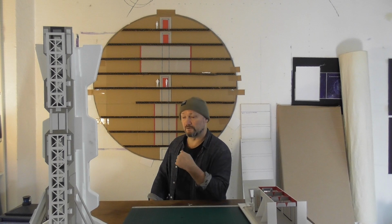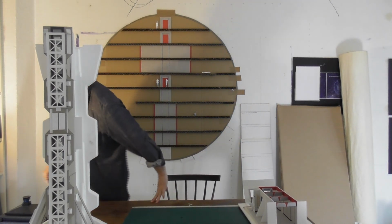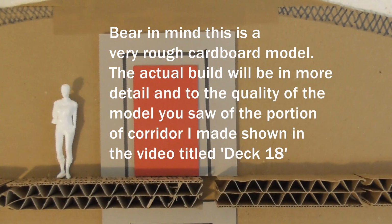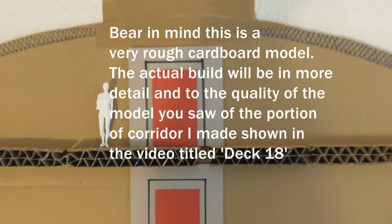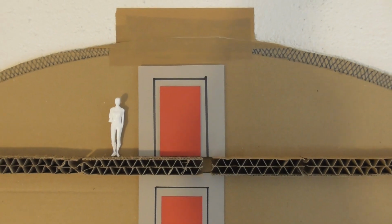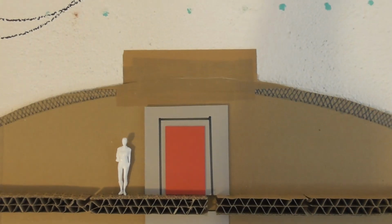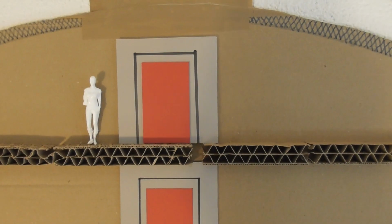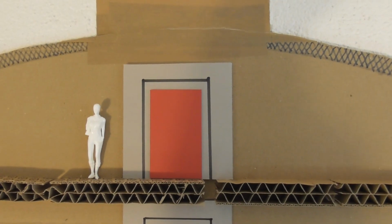Okay, let me just give you a little close-up tour of this. Right now we're closing on the turbo elevator on deck 15, which, according to the Franz Josef blueprints, is the secondary hull strongback. From there you would go up into the dorsal section, and there you can see a 1/25th scale crew member